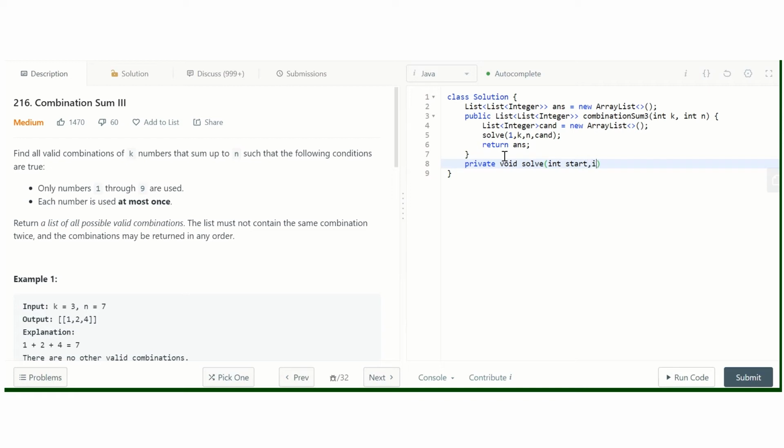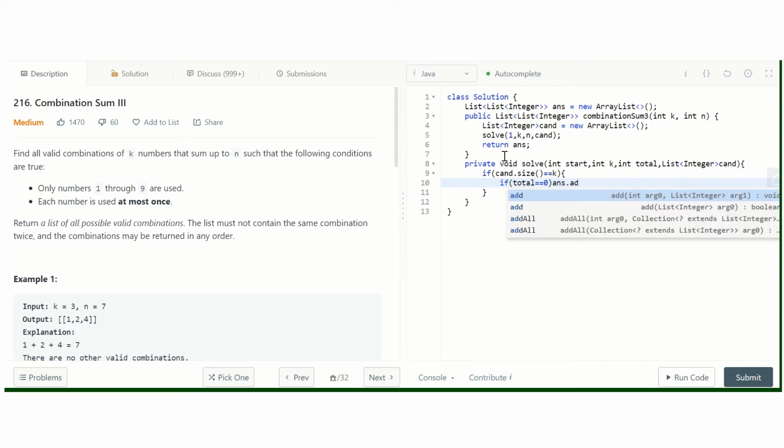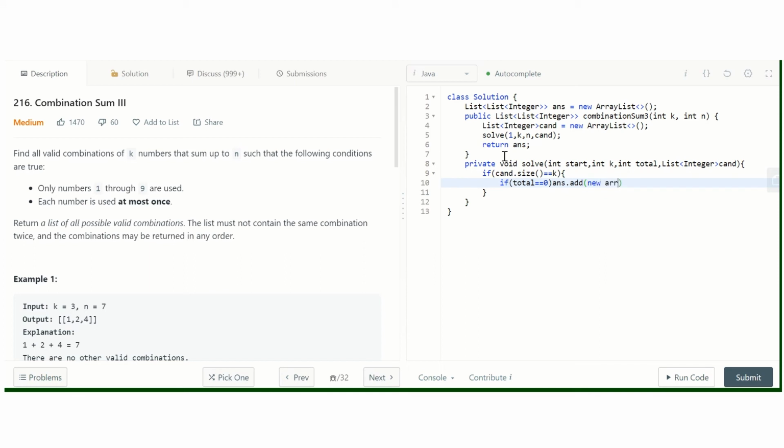The parameters are int start, int k, total, and the list of integers candidate. Here we check if candidate dot size is equal to k, and if total is equal to 0, then we add the candidate to our final answer.